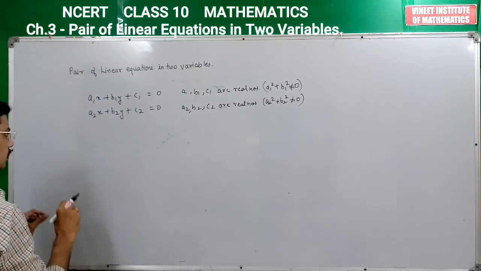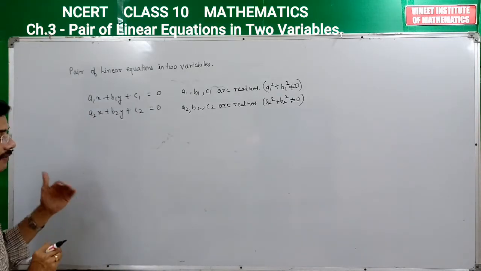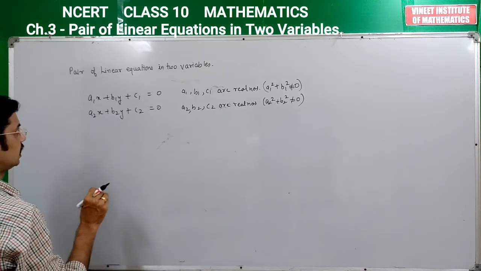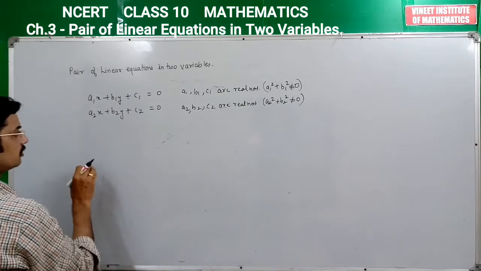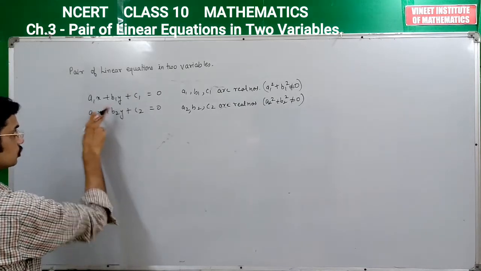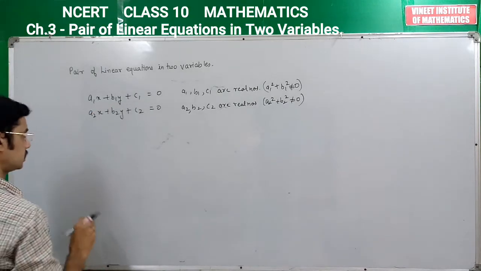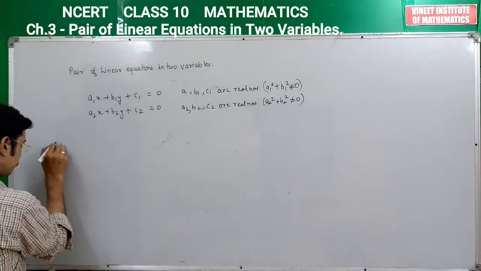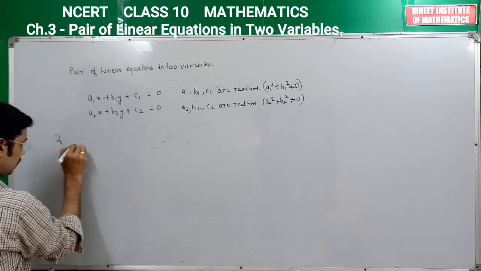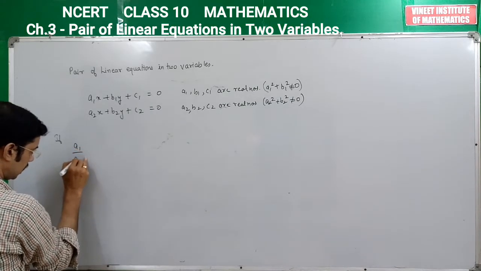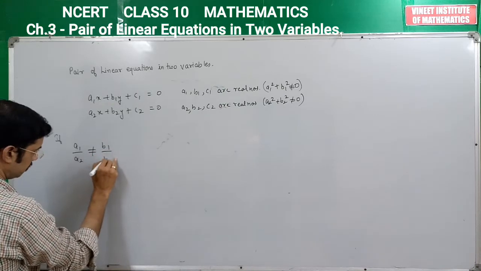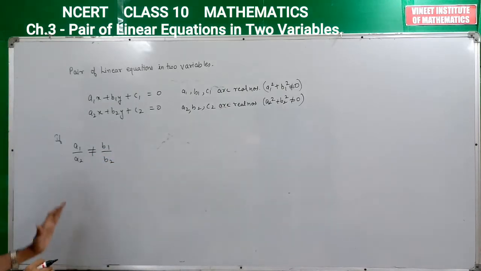In case the lines are intersecting, we can observe that the ratios would not be equal. Which ratios are not equal? If a1 by a2 is not equal to b1 by b2,